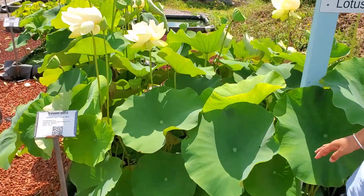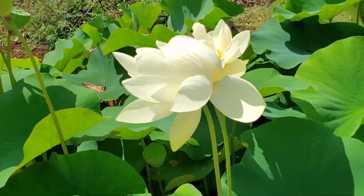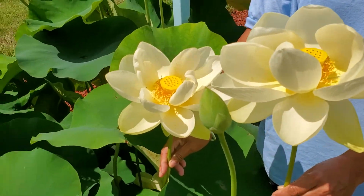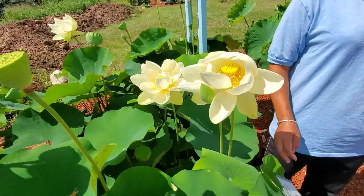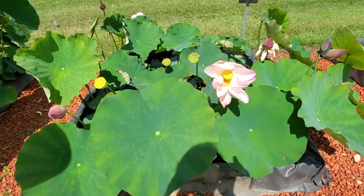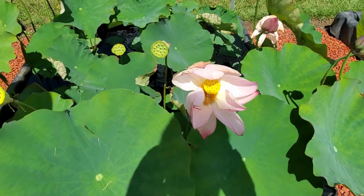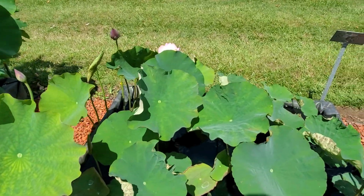Yellowbird is a selection from Lutea, the native yellow lotus. Beautiful single yellow, and as you can see, a very good bloomer. One of our seed lotus, Jinshin 35. It was a late starter again this year, probably another couple weeks, so it'll look a little bit